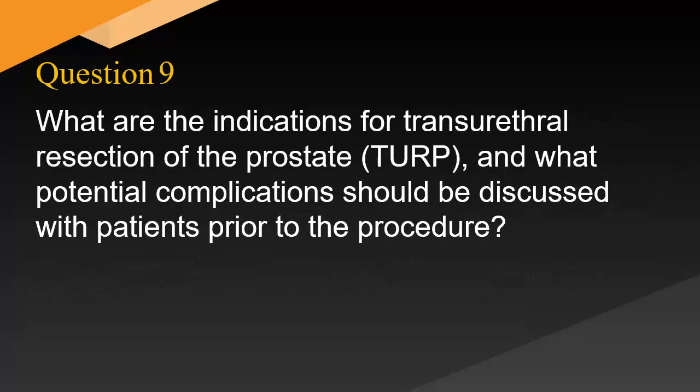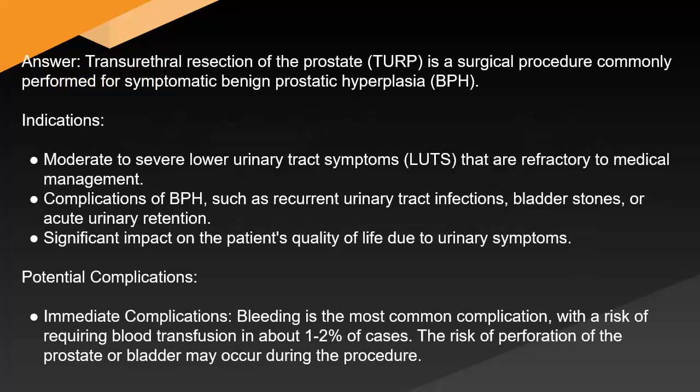What are the indications for transurethral resection of the prostate (TURP), and what potential complications should be discussed with patients prior to the procedure? Answer: transurethral resection of the prostate (TURP) is a surgical procedure commonly performed for symptomatic benign prostatic hyperplasia (BPH). Indications: